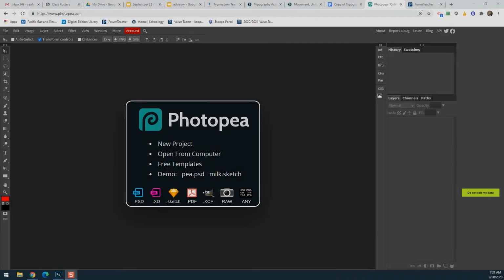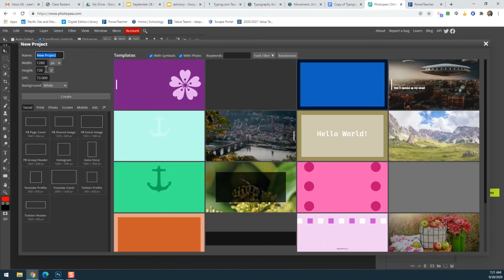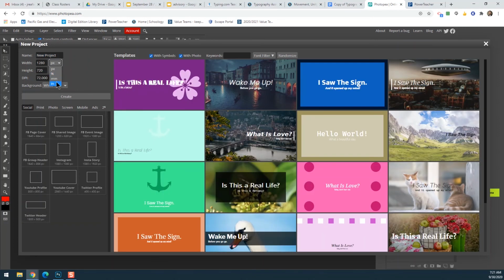All right, for those of you guys using Photopea, I wanted to show you some of the tips and tricks and things to do in Photopea for the typography assignment. So first off, we need to create a new document. So go ahead and go File, New, and we want to go ahead and switch this back to inches again, and we're going to make our width